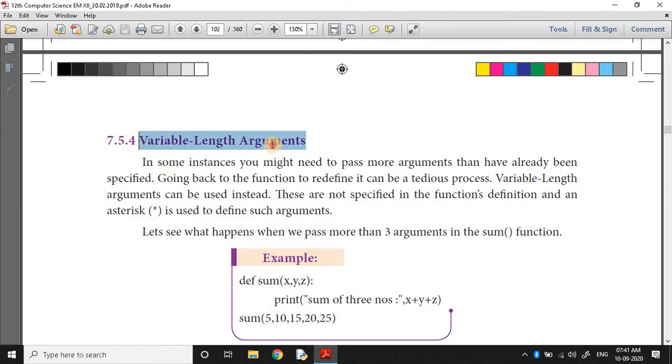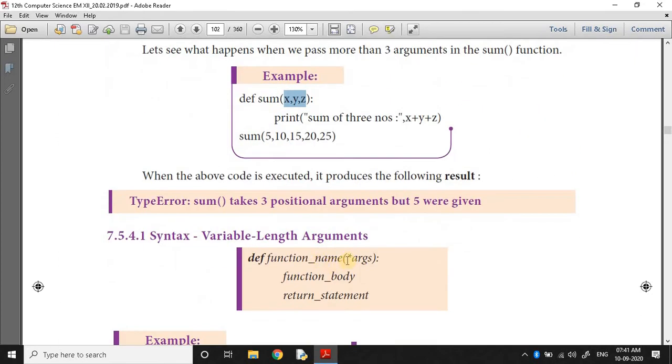Variable length arguments mean that for each call the number of arguments may differ. Such arguments we can define. The argument name is preceded with an asterisk symbol. So here you can call this function with no arguments, 1 argument, or more than 1 argument.